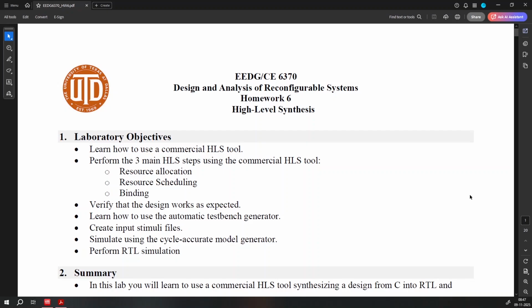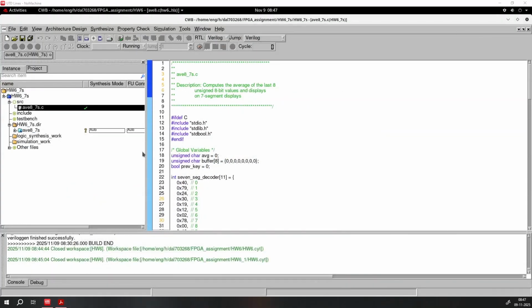Welcome back. In my previous video, I talked about high-level synthesis, and in this video, we will go about implementation on the FPGA board. Previously, I showed you guys how we use the C code to generate the RTL and how to perform design analysis using Cyber Workbench. So today, we are going to take a step further and go about implementing the RTL